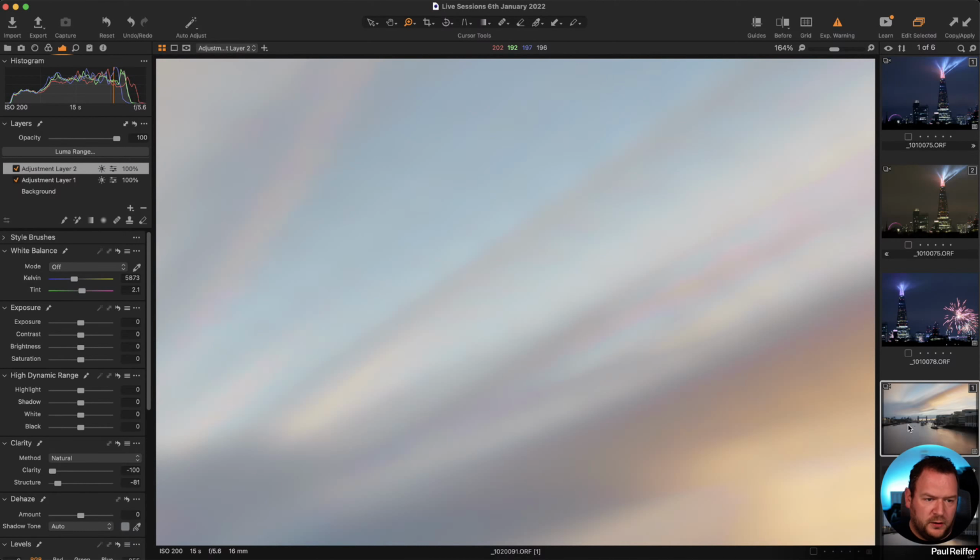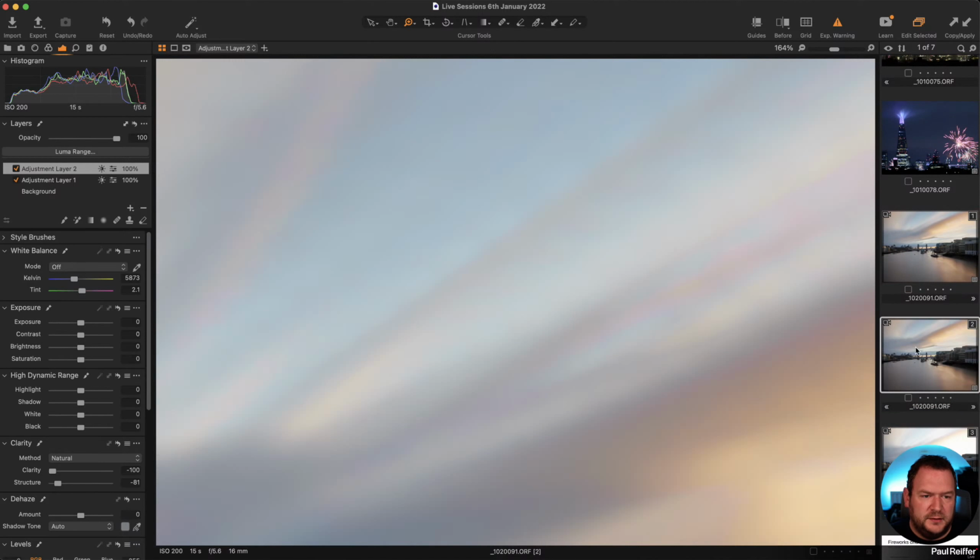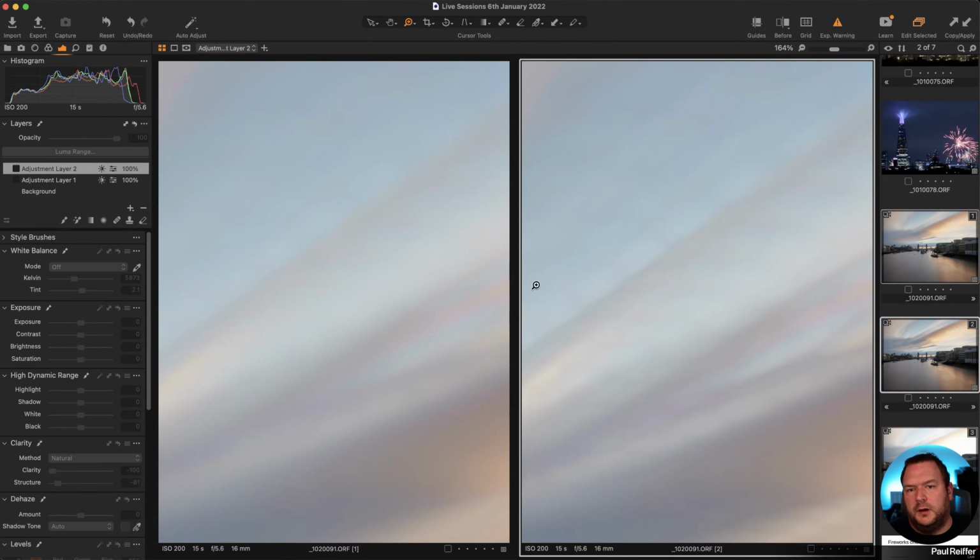In fact, I'm just going to create a clone of this variant so you can see with and without. So on our right hand side is without the changes, on the left hand side is with, and you can see you've got a lot more smoothness in the left hand side, and you don't have quite the same banding, this line effect that's going along there.